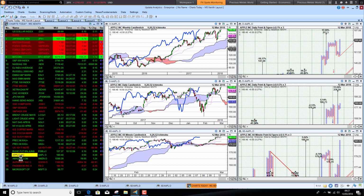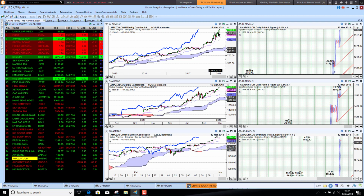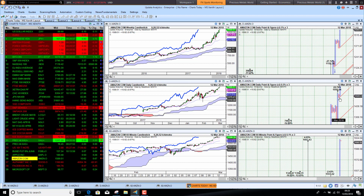Amazon has been the real star. That is really up over 60% in the last several months. It's just really rocketed. When we hit that 1,000 level, I mean it's doubled in the space of a year. Amazon, just looking amazing. We've got a 4% upside target on the short term, 22% upside on the medium term, but the long term, no clear upside targets there. Of course, this has gone vertical, so it can't go on forever, but looking pretty strong